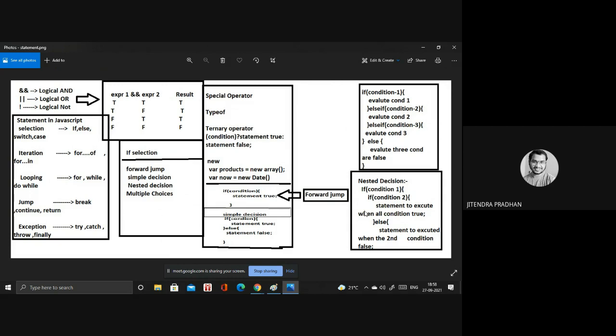If the second condition is true, I want to go to the third condition. If the third condition is false, I want to go to the fourth condition. In that way, for the last part, if all conditions are false, you return something using the else part. This is the multiple choice decision. I hope you got this point.